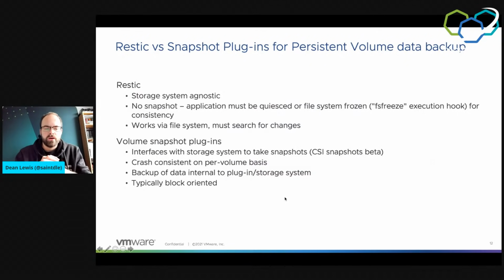So let's talk a little bit about the Restic plugin versus the snapshots supported through CSI for that persistent volume data, because that's really key in the environment. One of the reasons that we've introduced the plugin through Restic is because it takes a storage system agnostic approach. So again, as we'll see in a moment with the CSI, where there's some particulars to make that happen, it can be agnostic. There is no snapshot capabilities, so we are taking a copy of the underlying data layer in the persistent volume. So where possible, you must use quiescing or freeze your file system through an execution hook to